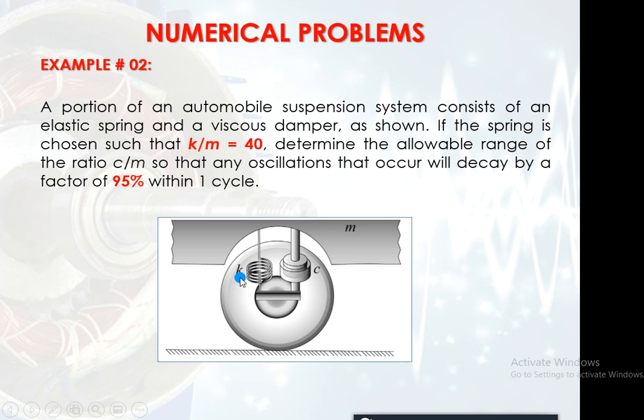If the value of stiffness coefficient to mass is 40, for example, then what should be the value of damping coefficient to mass if mass is unknown? Here mass is unknown. At later stages, whenever you find the value of the ratio C over M, we can put an arbitrary value of mass. For example, for a normal car we have a sprung mass ranging from 1000 kg to 1500 kg. So you can easily put 1200 kg as the average mass, and putting the value in K over M or C over M, finally you can get the value of stiffness coefficient and damping coefficient.